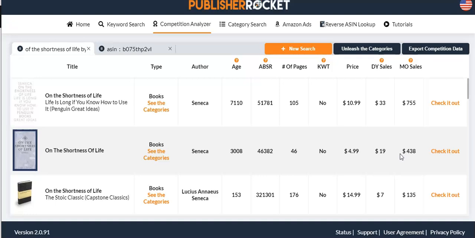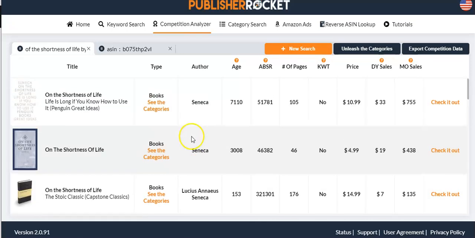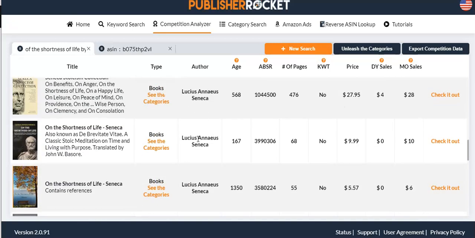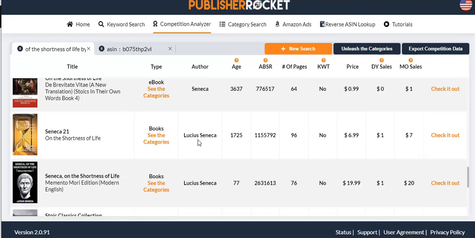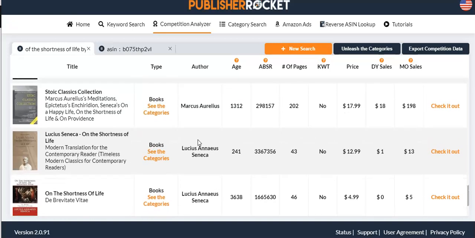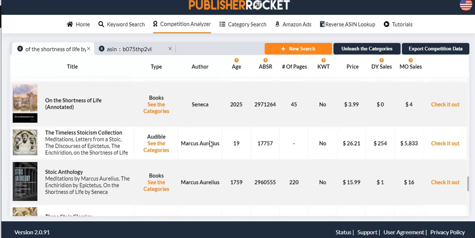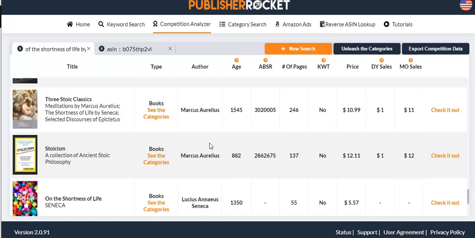I don't see where it breaks it down, whether it's a book or not a book. 867. Oh, that's Audible. Okay. Here we go. Books, Audible, books. That one's got more than just that. Books. We'll go down here a little bit more. Maybe we just didn't get to the ebook part of it to find that one.